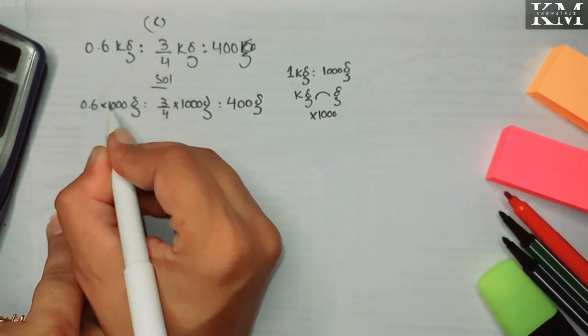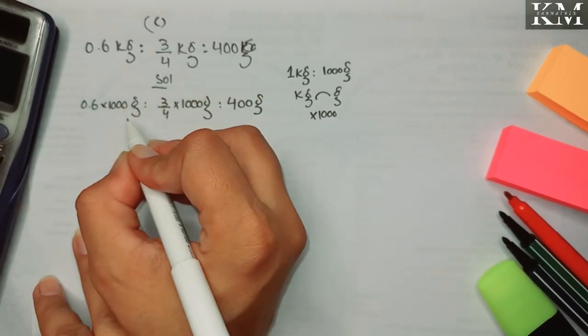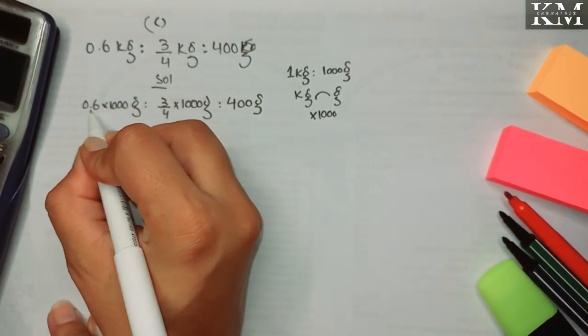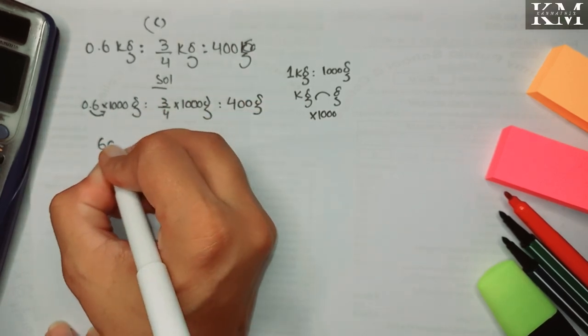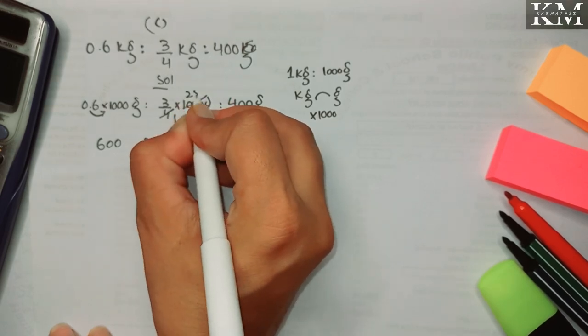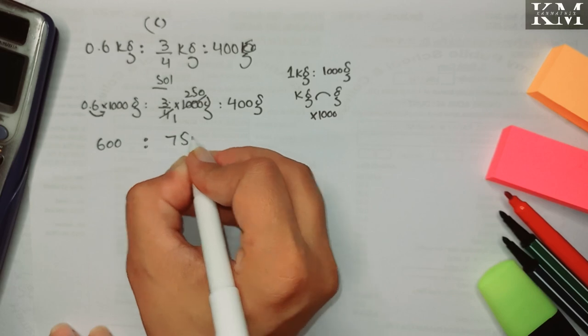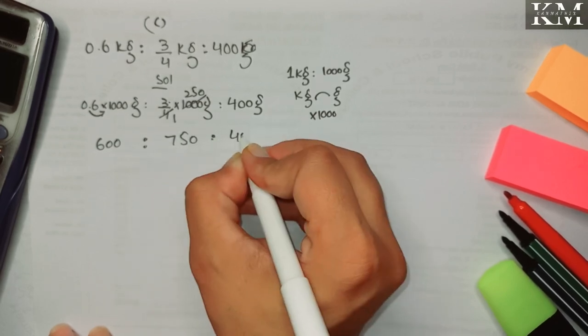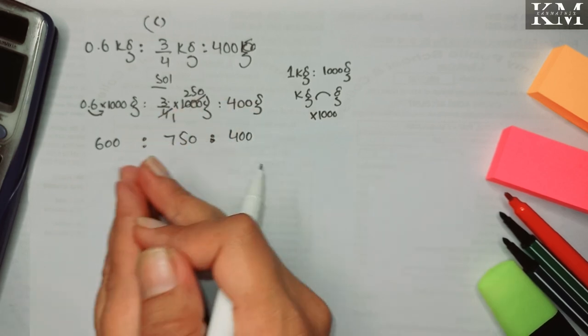Simplify it, 0.6 into 1000. So multiplying by 1000 is easy. You will shift the decimal toward the right 3 digits, so it will give you 600. For 250 times 1000, and 250 multiplied by 3 will give you 750, and this 400. Now we will simplify. We have three